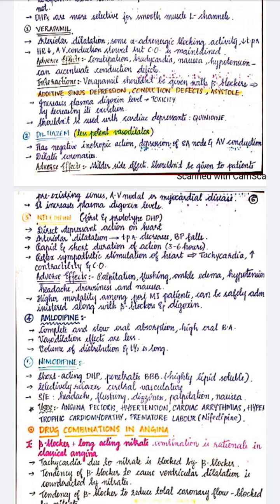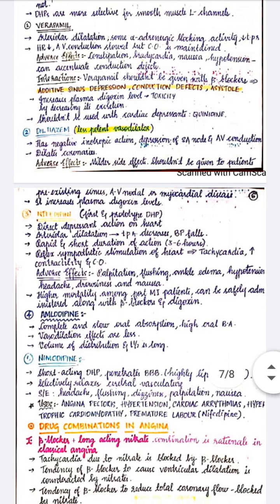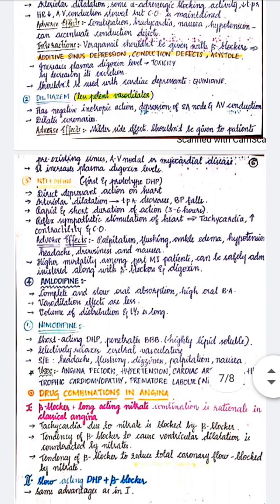It shouldn't be used with cardiac depressants like quinidine. Now coming to Diltiazem, it is a less potent vasodilator than Verapamil. It has got a negative inotropic action. It causes depression of the SA node and AV conduction. It dilates the coronaries. The adverse effects are,